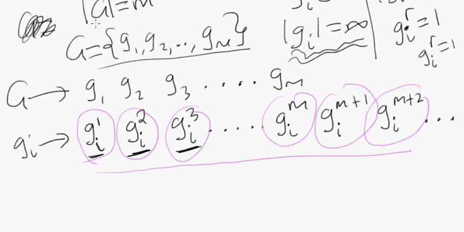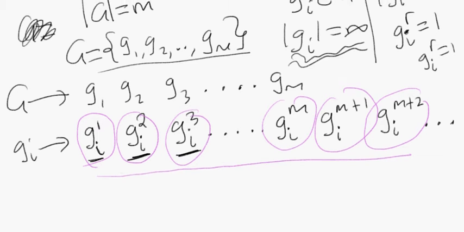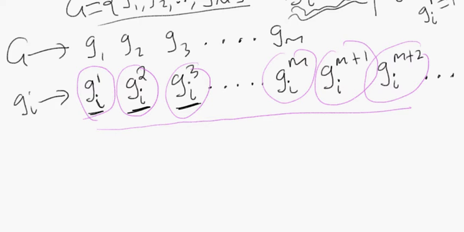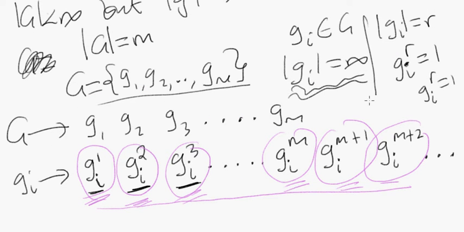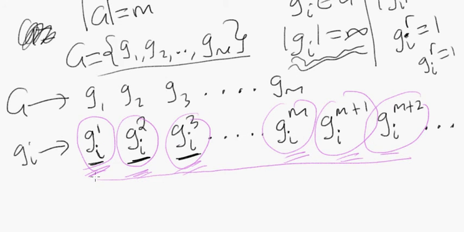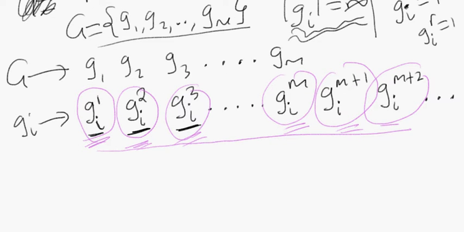Okay? So another thing to notice is that, well, all of these, g sub I to the 1, g sub I to the 2, g sub I to the 3, g sub I to the m, all of these elements, if the order of g sub I is really infinity, then there are more elements of g sub I raised to some power than there are elements of the group. Right? But isn't this a problem? Is what we're asking. Isn't this a problem? Because